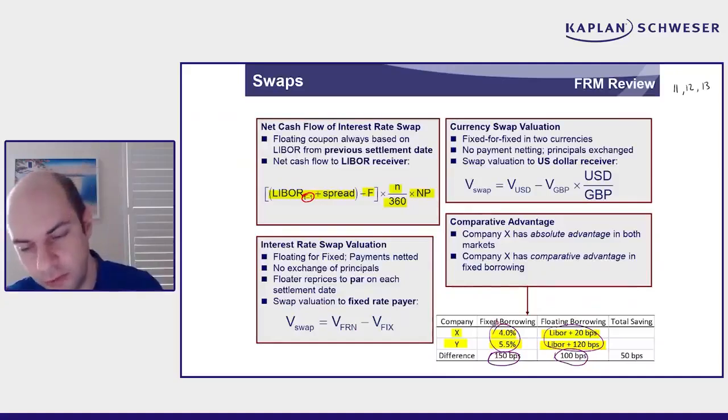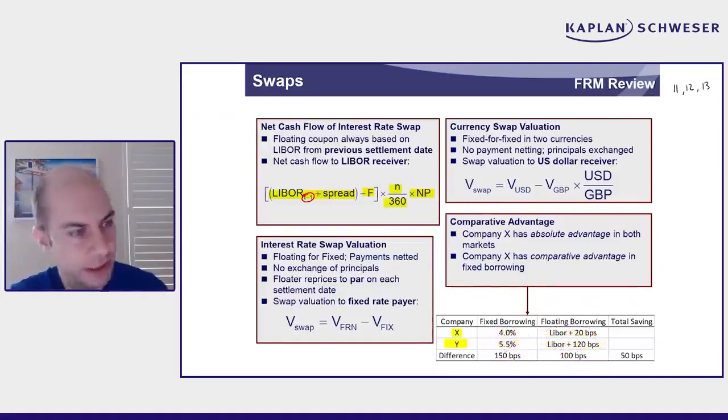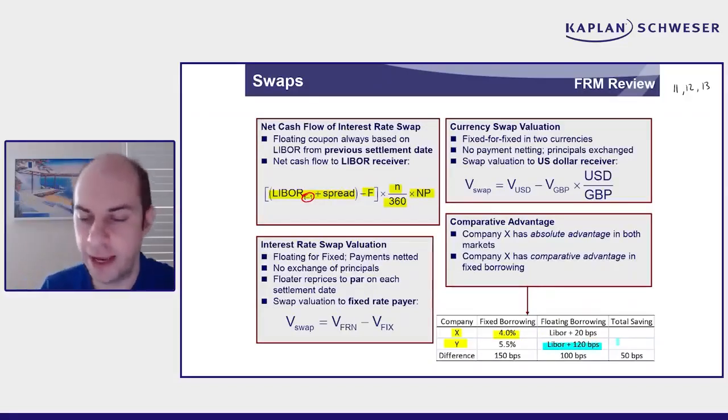So X is going to borrow, let's just clear this so we can highlight this. X will borrow fixed at 4%. That's where it holds comparative advantage. So automatically, Y must hold comparative advantage in floating markets. So Y will